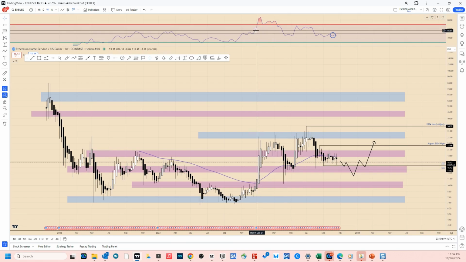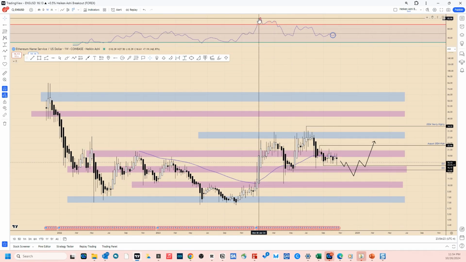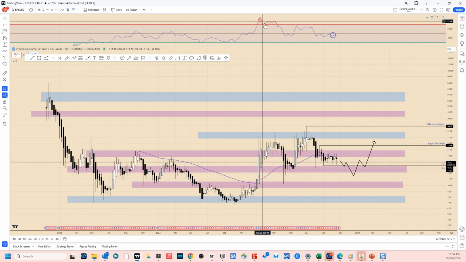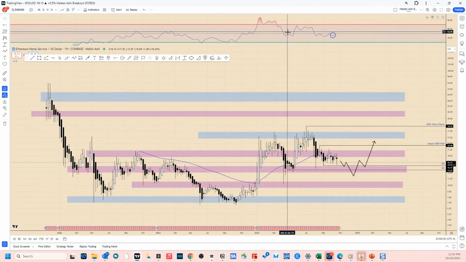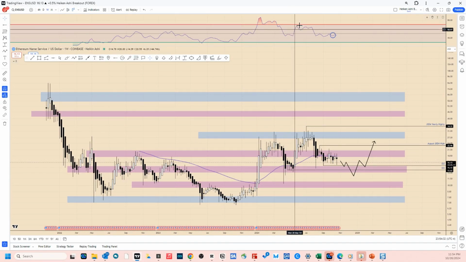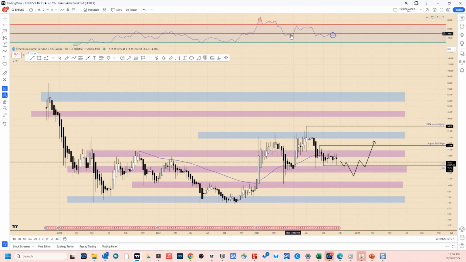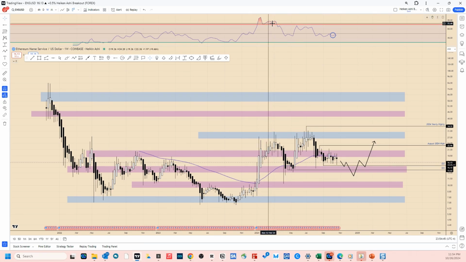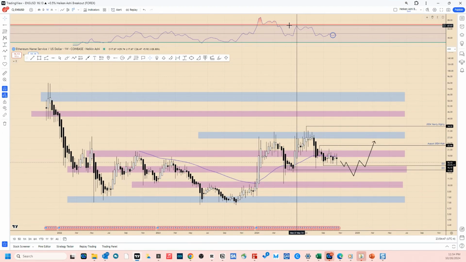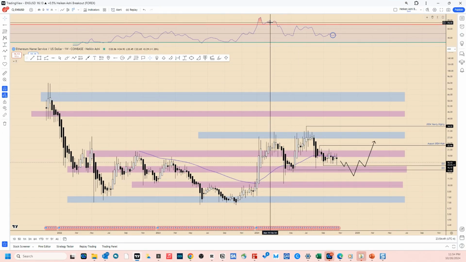Typically what happens with price is when price action does this and it breaks through the RSI and comes back down, you can retest this 50, and usually there's what we call a dead cat bounce, meaning that you'll get somewhat of bullish price action from the 50, but typically it won't go and break through the RSI 70 like it did before. So you're not going to get the same explosive move here,